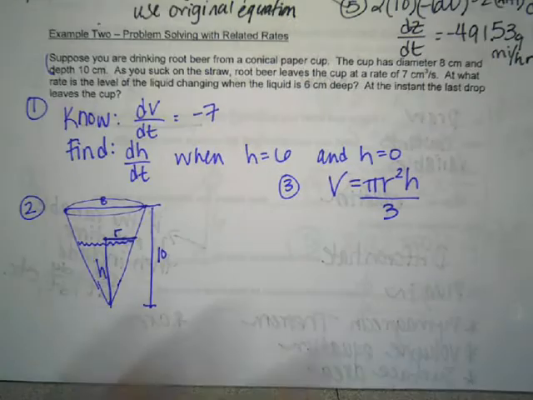And now we have a problem that's presented. So I'm just going to talk through this scenario a little bit, because what's usually the step after this? Derivative. Now, if I was to take the derivative of this, derivative of V would be dV over dt. That's okay, because I have a dV over dt I can plug in eventually. But what's going on with the r squared and the h here? They're being multiplied, which means I would have to use the what? Product rule. And then I'd have a dh over dt and a dr over dt when I took the derivative. But the only thing I'm looking for is dh over dt. There's no